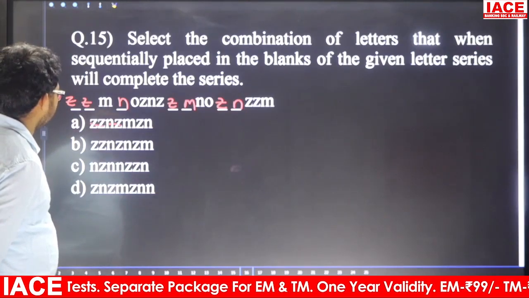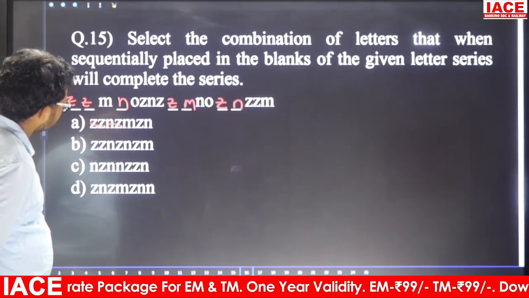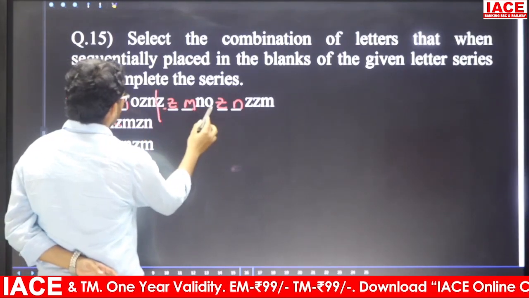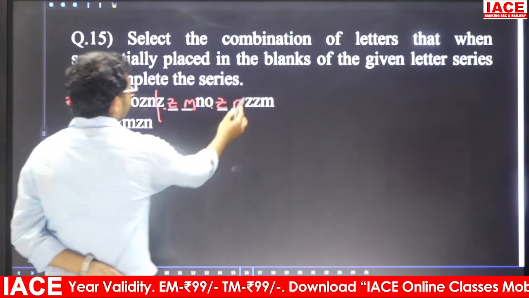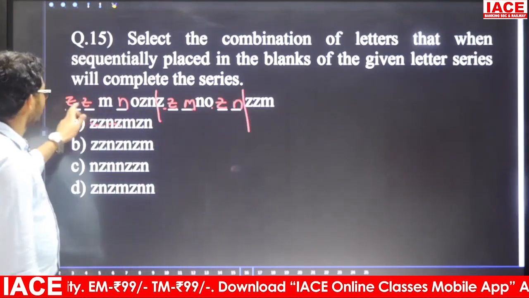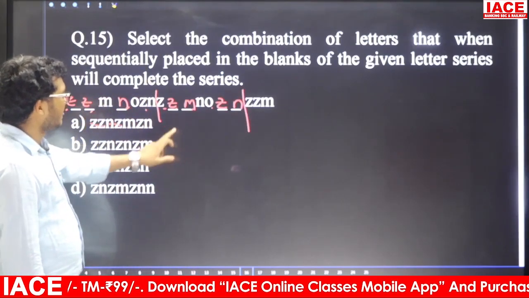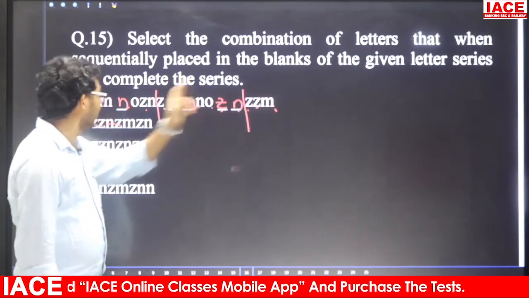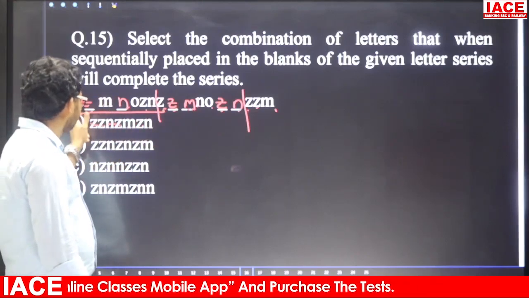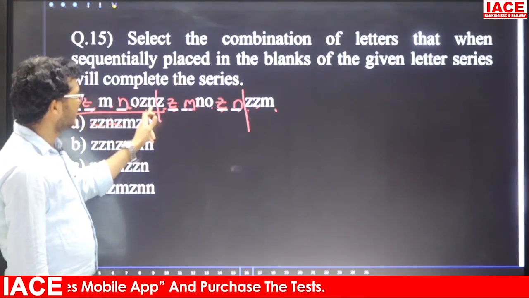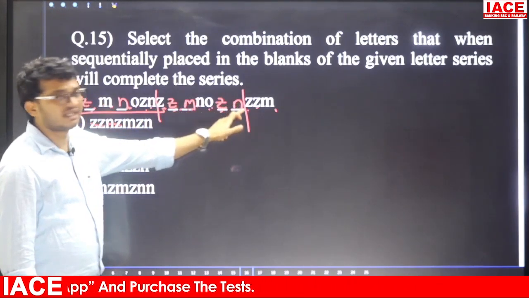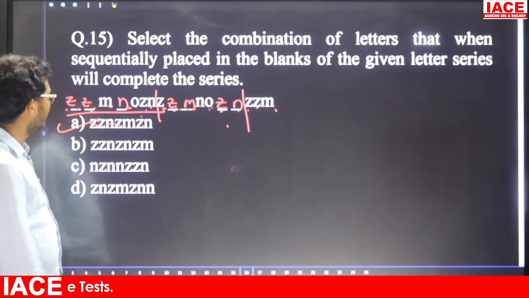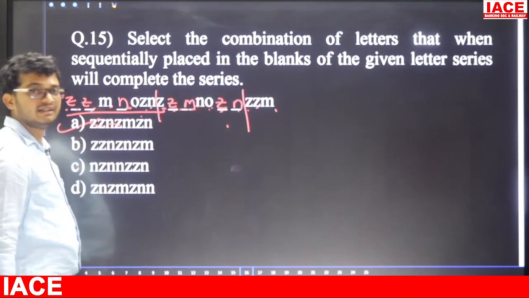Friends, observe here, is any sequence repeating or not? Z, Z, M, N, O. Next again, Z, N. Yes, friends, take here Z, Z, M, N, O, Z, N. Next one is what? Z, Z, M. That means here the sequence is repeating. Yes, the sequence is repeating. So answer is what? Option A. By substituting option A, we are getting one sequence repeating.